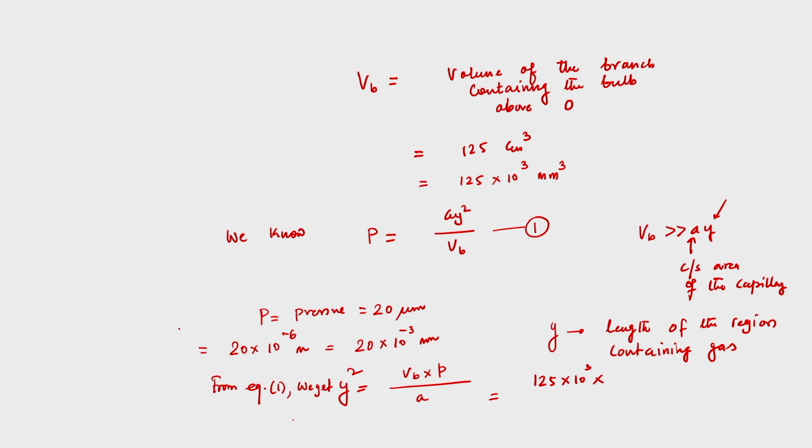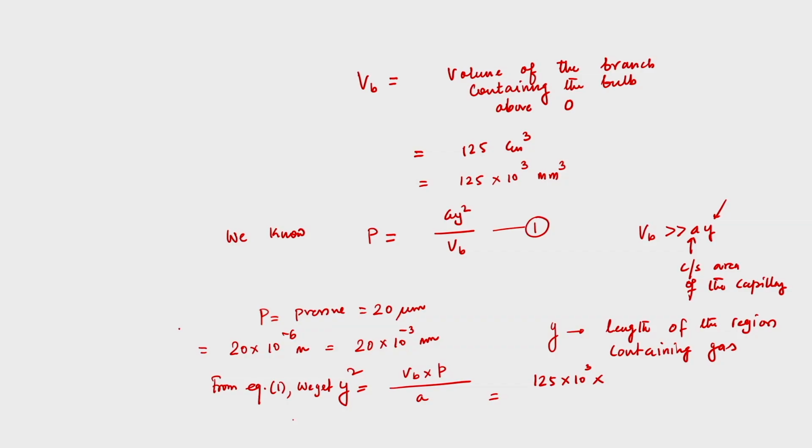Long back I told that these gauges are also many a times used. If you can recall, when I discussed pressure measurement, how we can measure absolute pressure, we defined gauge pressure, and then we discussed that many a times we use this kind of aneroid barometer. Its advantage is that the absolute pressure measurement is directly related to the measurement of gauge pressure, that is what we have discussed.